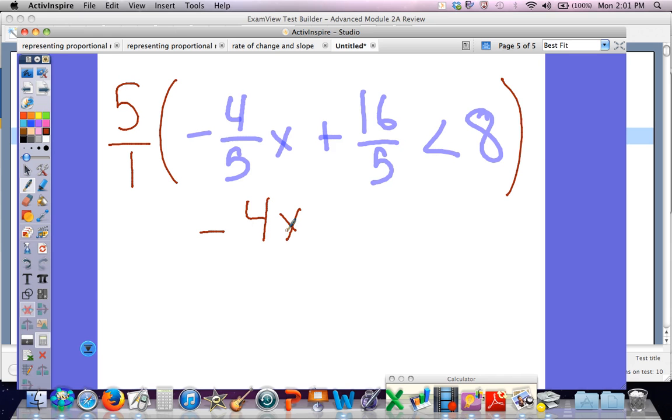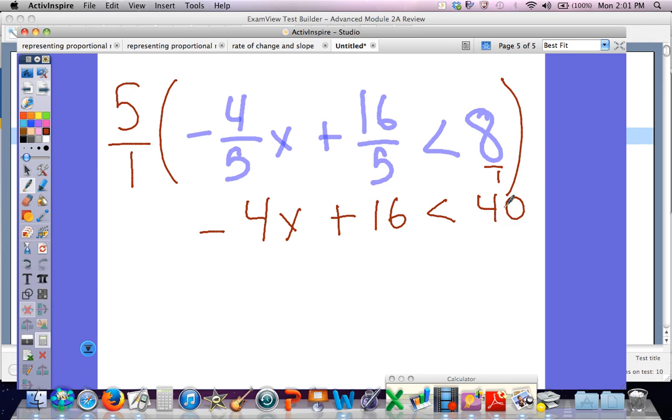Once again, 5 divides into 5 how many times? Once. 1 times 16 is 16. Now in this one, you can think of this as an invisible 1. 5 divided by 1 is 5. 5 times 8 is,